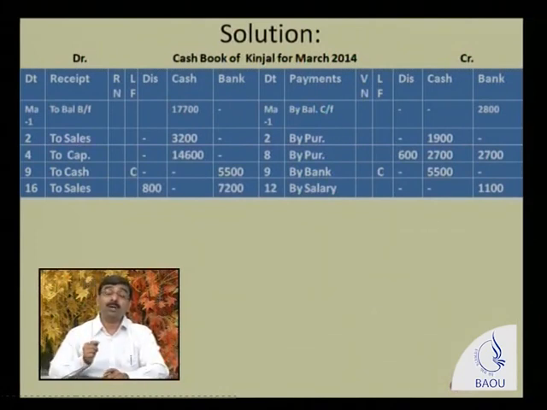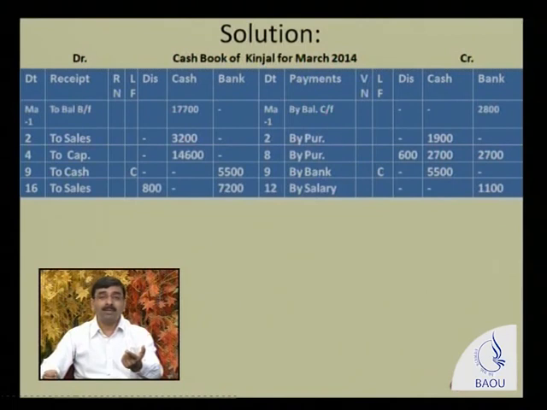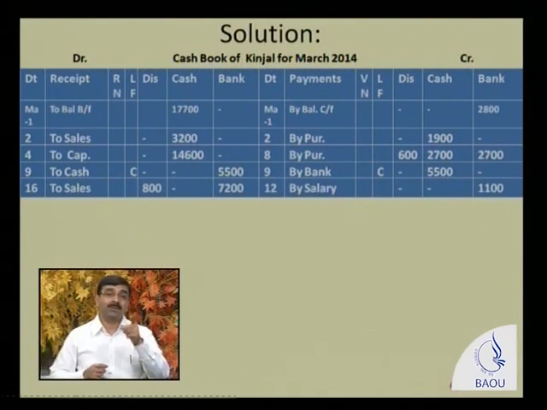Now the discount, we have allowed a discount to whom? To our debtors. So when we allow a discount to our debtors, it's our expense. That's why the discount allowed is recorded on the debit side. So discount allowed 800 rupees is also debited, and this is a part of sales. So to sales is credited. Now see, the credit item is sales, and we recorded both of these on the debit side. So the opposite name, sales, is written in the receipt column.